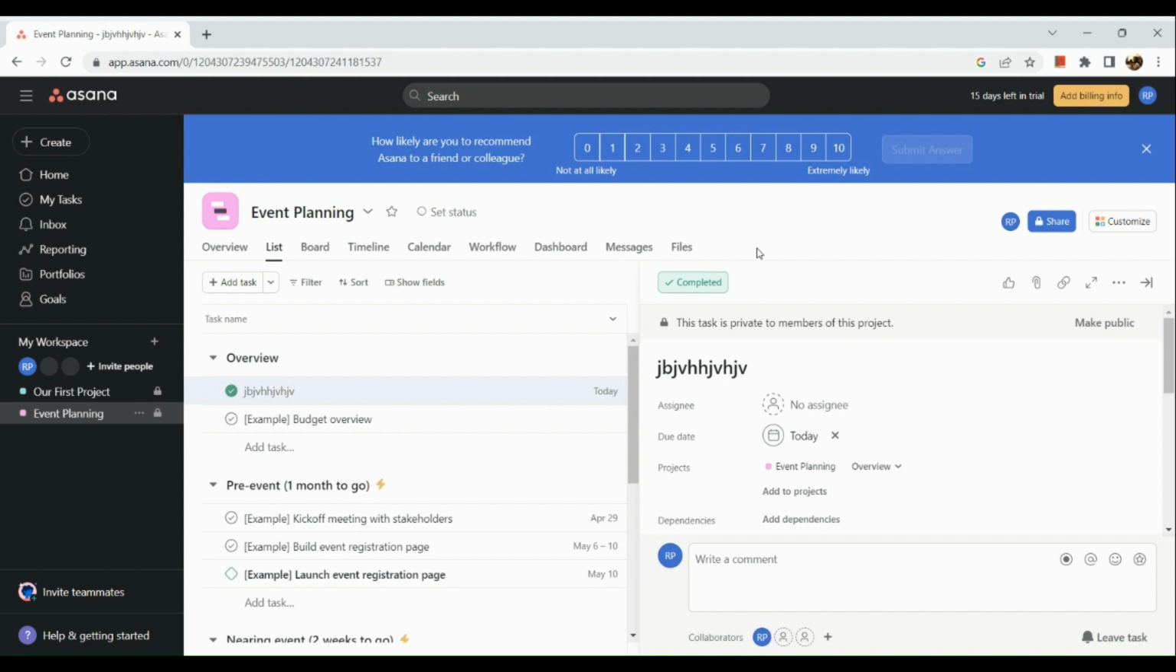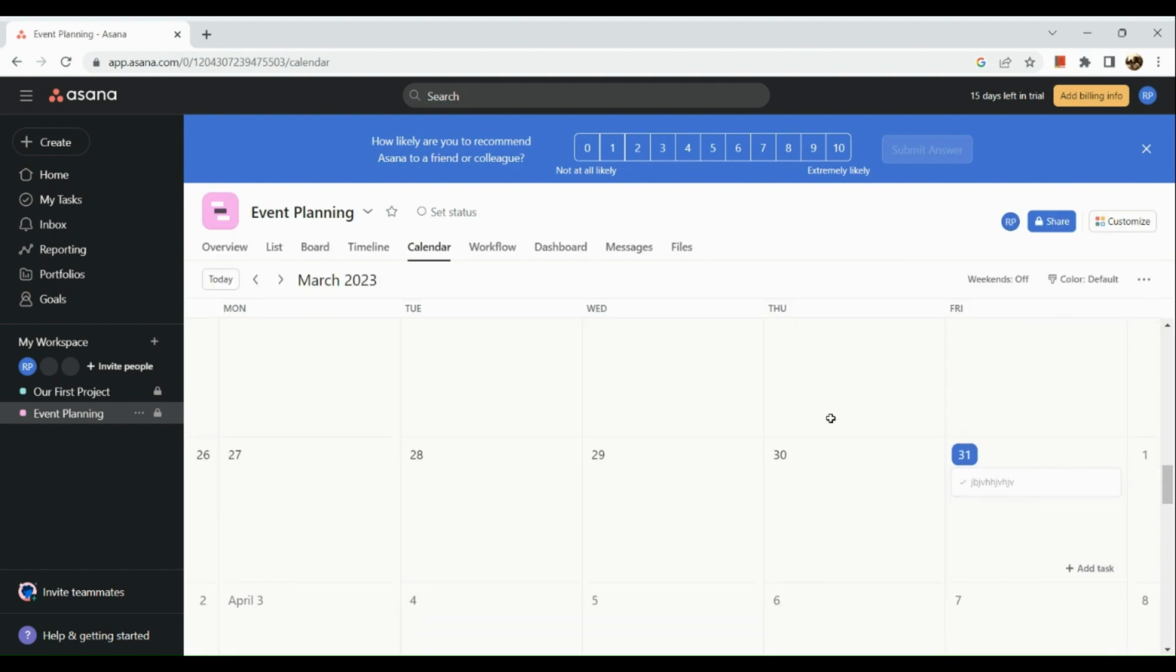So next, let's take a look at the calendar. Here we can see that our project or our task has been completed because we can see a green check mark in there. So there you have it. Again, Asana is a powerful tool that can help you and your team stay organized, collaborate effectively, and achieve your